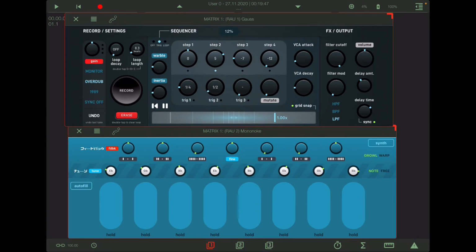You can change the trigger too, depending if it's triggered by the clock or you're really just chopping up the loop, and back to off. But one of the interesting things you can do,